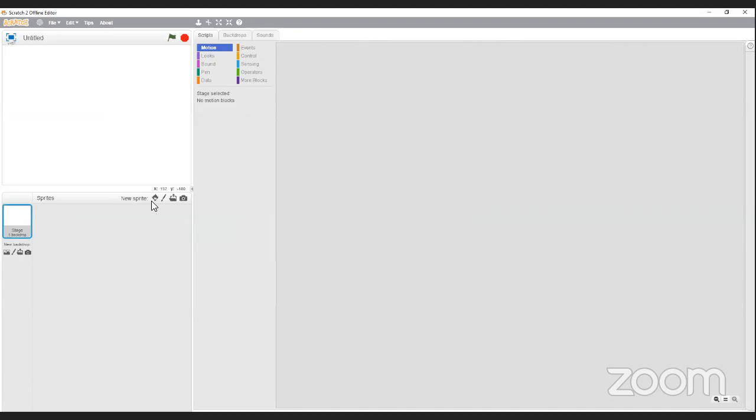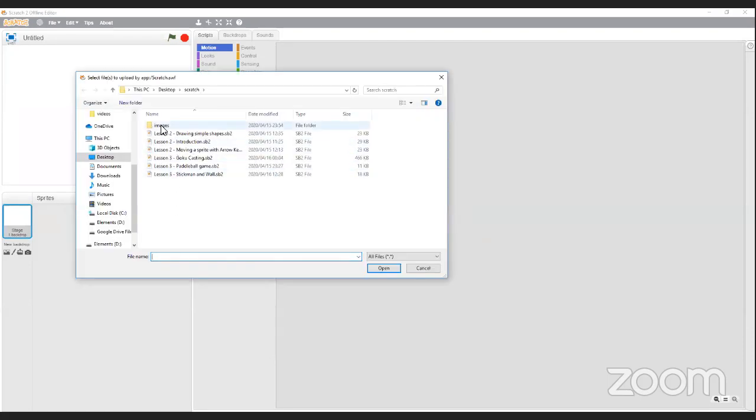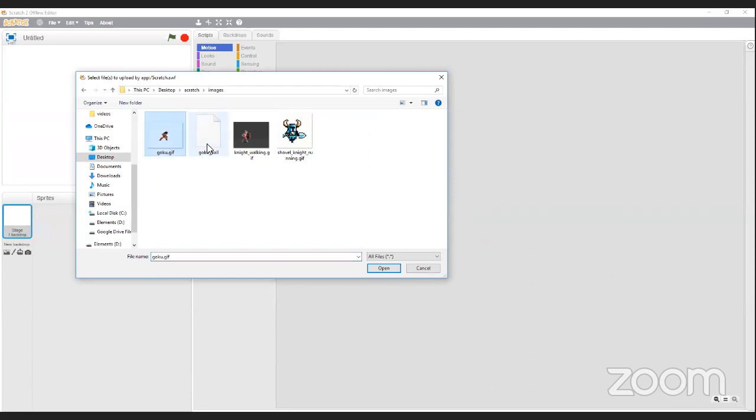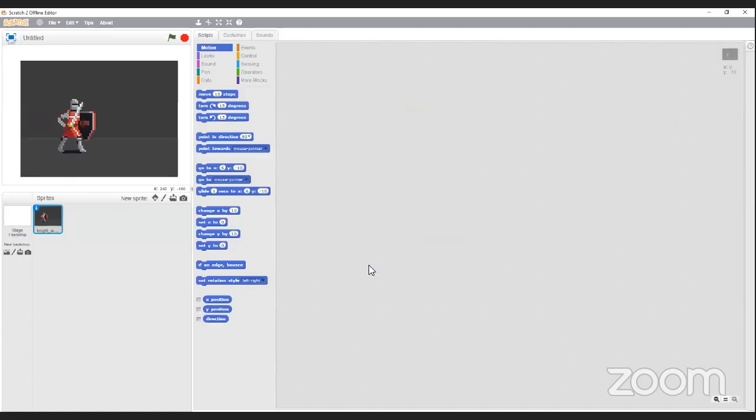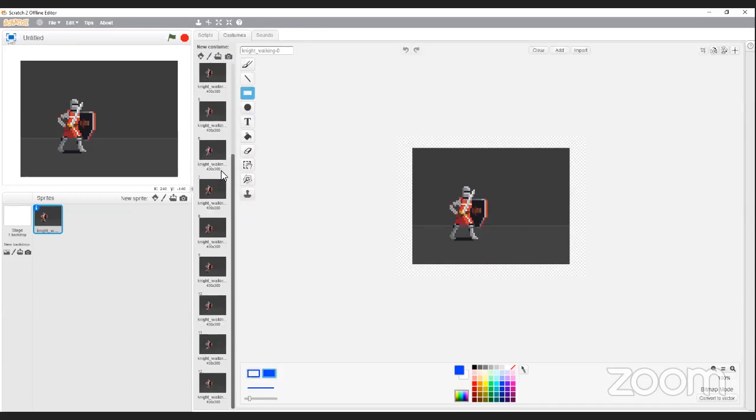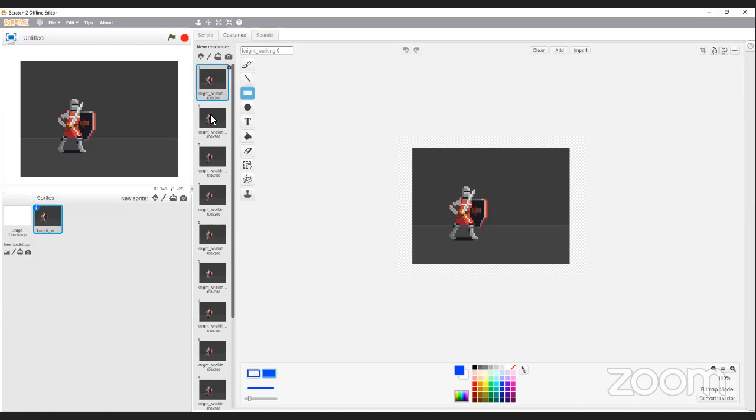And now I'm not going to choose a sprite from the library or draw one. I'm going to actually upload a sprite from a file. So I'm going to click upload. I've already gone onto the internet and found all of these GIF animations here. We're going to look at Goku maybe a bit later if we have time today. Maybe if not, we'll look at it tomorrow. I'm going to click on the knight and click open. So that loads the entire sprite for you. And now we can click on the tab here, costumes, and notice that it's created a copy of each image. So if I click down on each image separately,